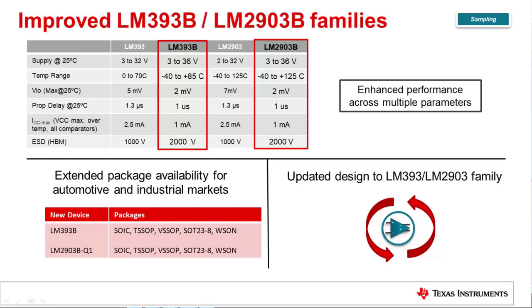You'll notice this B suffix, really, in this case, B stands for better. And this is not just a TI comparator move, but you will see this suffix applied across the amplifier portfolio. So even in the popular LM358s, 324s, you'll also see B versions. And the same way, you will see this B version for our LM393, 293 comparators. These two specifically, the dual channel devices, are currently sampling right now.